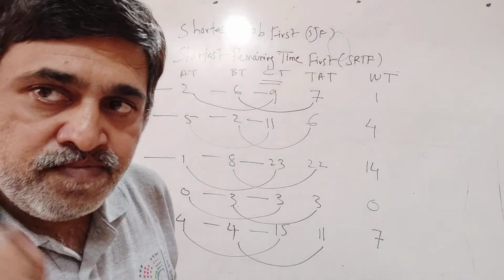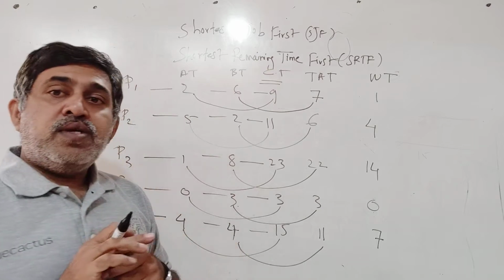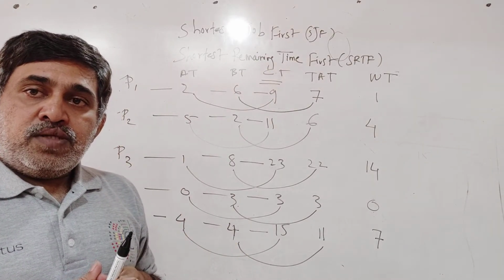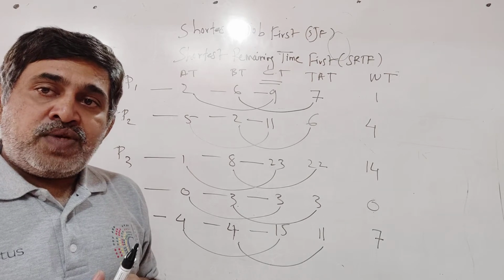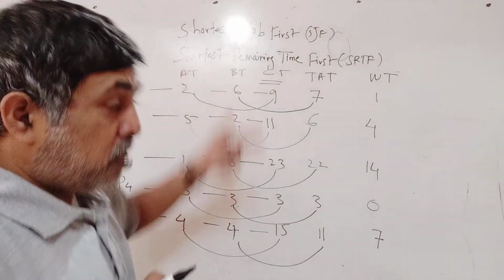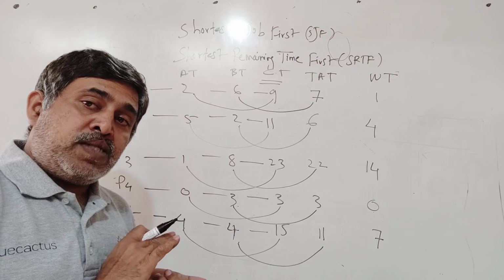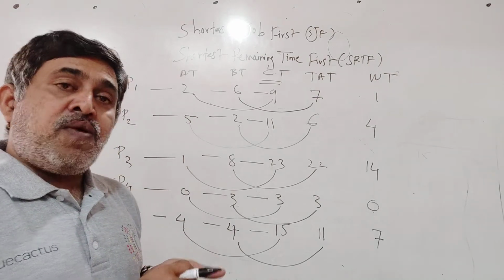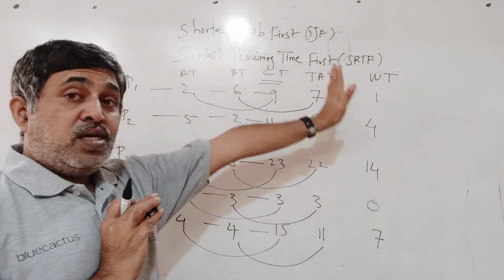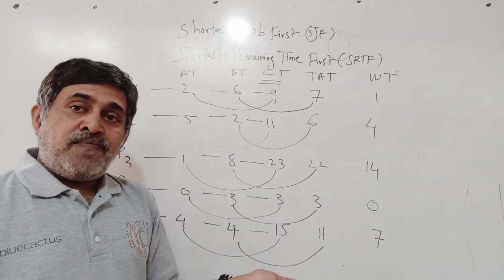So step number 1, we have calculated completion time, and completion time is found out after drawing the Gantt chart. And the Gantt chart is drawn as per the method of the SJF algorithm that we have used. So here we are following non-preemptive method. We have already drawn a Gantt chart and found the completion time, and once completion time is available, we quickly go to calculate turnaround time and waiting time. And now it's just a formality.